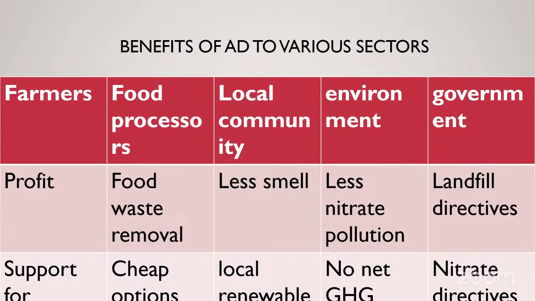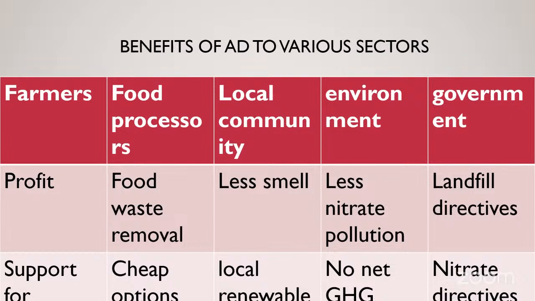Remember, the system has a benefit of reducing the level of odor. So when you take waste to a landfill, it produces a lot of smell. But with this system, we reduce the level of smell. So what's the benefit for the environment? The benefit, we have less nitrate pollution. Landfill produces a lot of nitrate, but we have seen that when we are using biogas, the level of nitrate